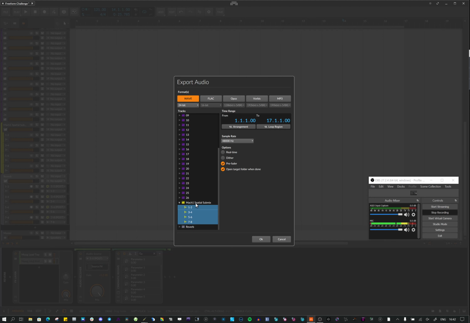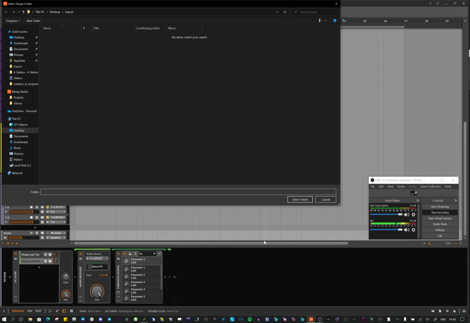So I'm going to select a Mach1 Spatial submix bus. I've got my loop region set as the from and to range. It doesn't really matter pre-fader, post-fader, because everything's at unity gain, I think. So if we just click OK on that,